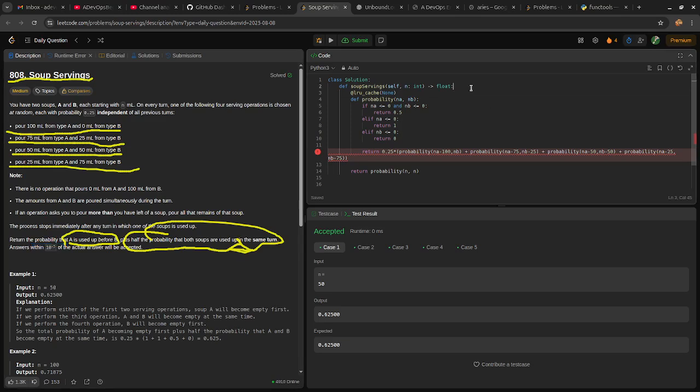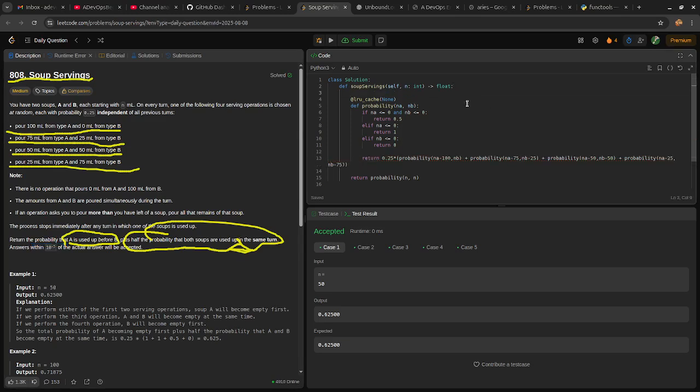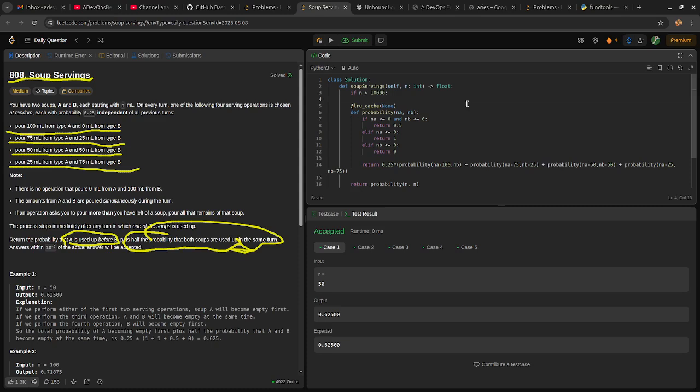So, which means if the input is too big, it will be something close to 1. Say